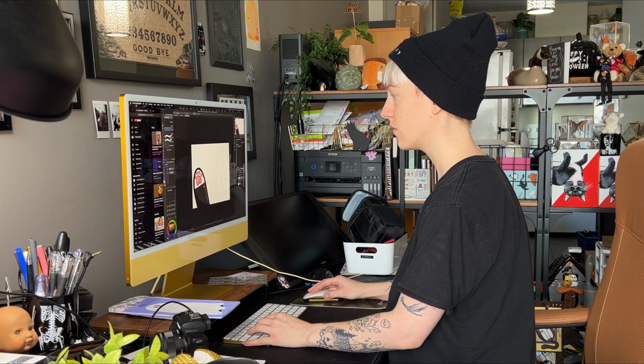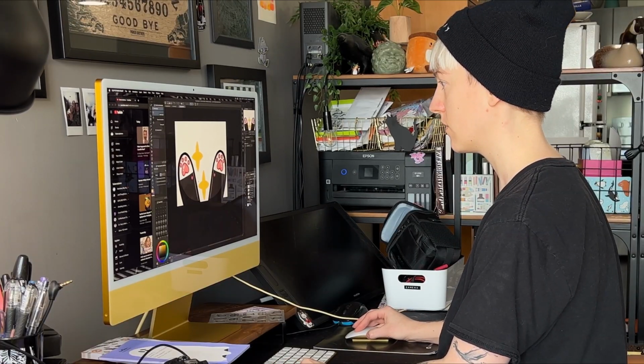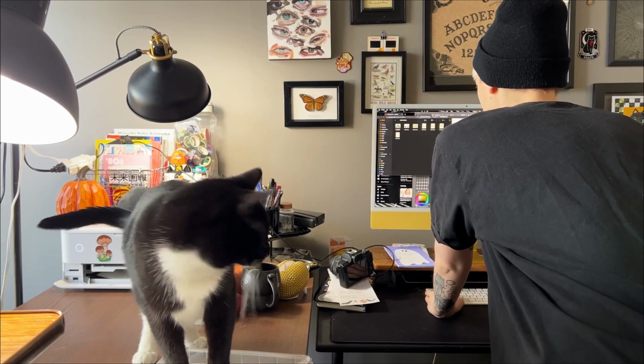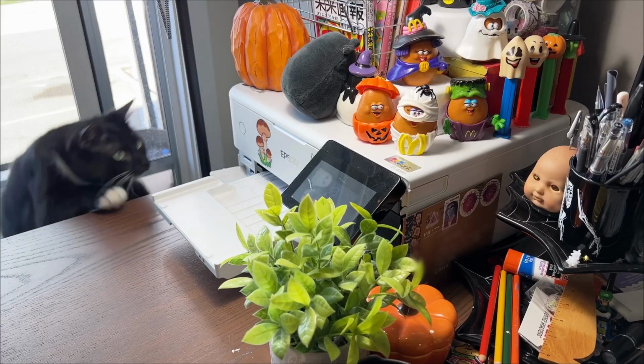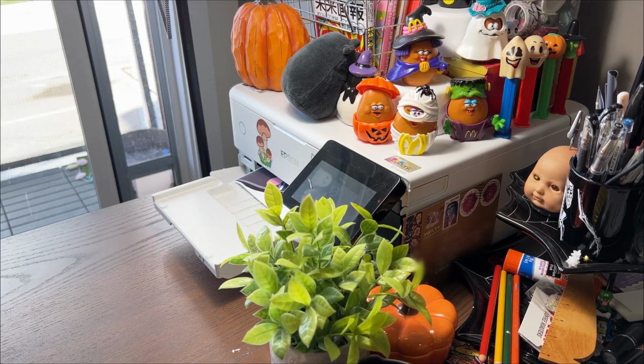Here we are. It is Thursday morning and I am just getting on to the last batch of tasks that I have to complete in order to be ready to go to Emerald City Comic Con down in Seattle. The main thing that I am doing for this year, as I've mentioned already, is upgrading my display, and one of the things that I wanted to do was make some really cute signage, I guess,